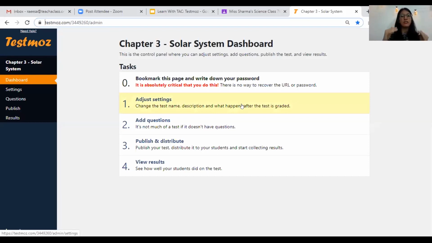And if you see the others, 1, 2, 3, 4, that's the order that we are going to go in while we are creating any quiz. So I am going to be breaking after every section. So after step 1, we'll take a break. After 2, 3, 4, and on and on. All right. So let's just go over to what the test settings are. The first thing that we need to do before creating a test is adjust the settings of it. So let's just go to adjust settings by clicking onto it. I'm simply going to click it once.